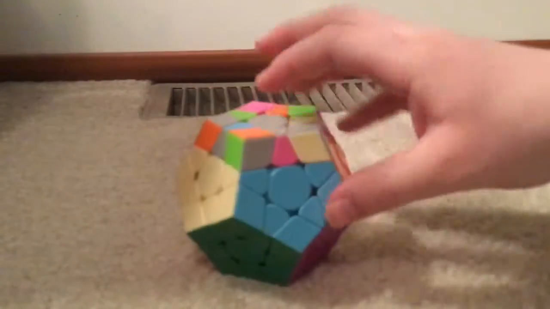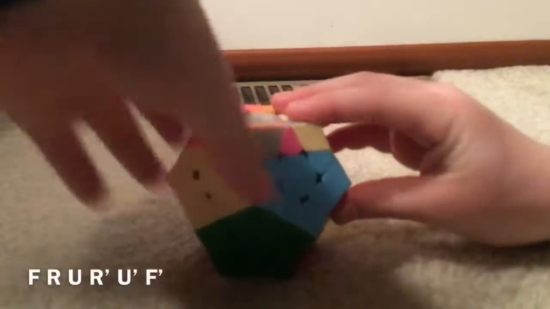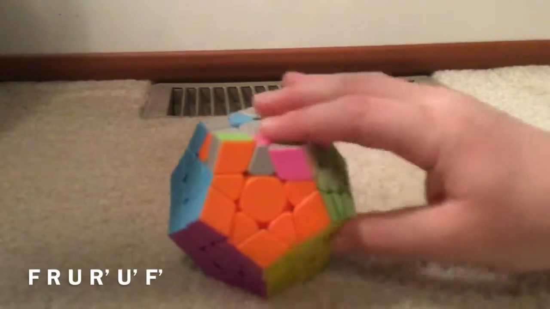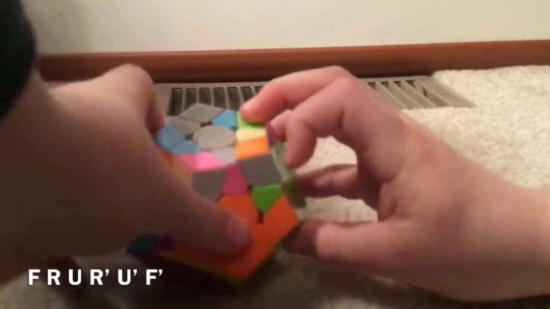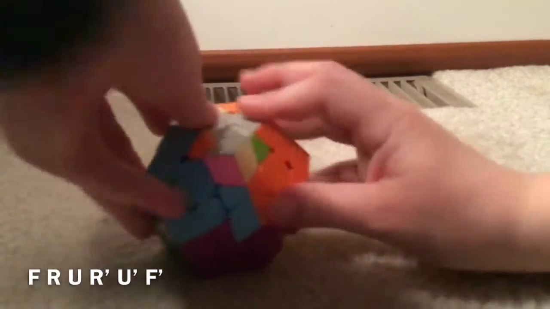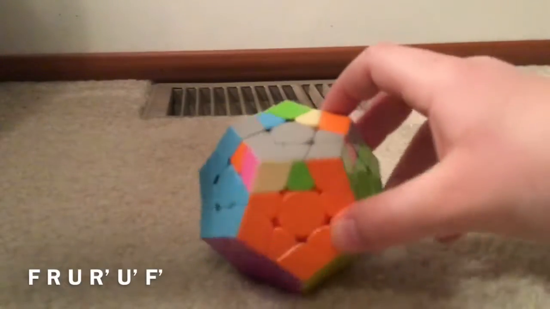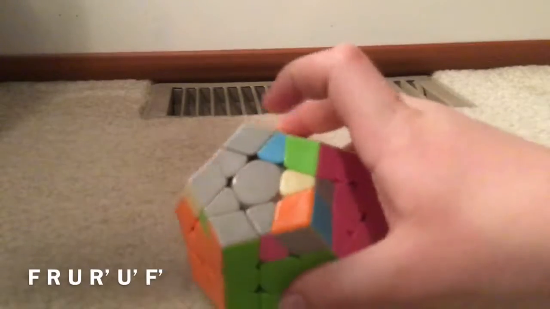So basically you're going to do that here. So that was F, R, U, R prime, U prime. As you can see, it didn't change anything because that's not in the correct place. So you want to turn it and actually do it here. Then that changes something. So after you do it here, you basically got your